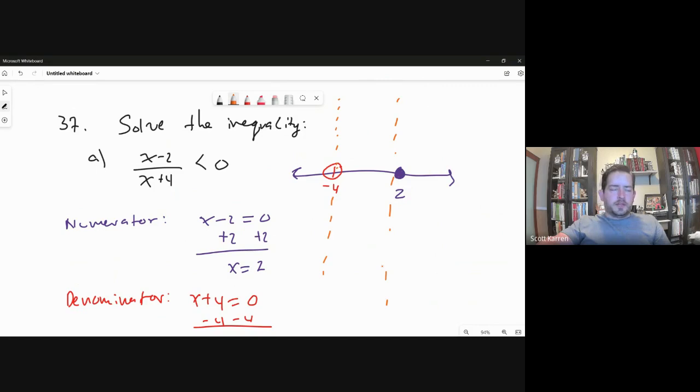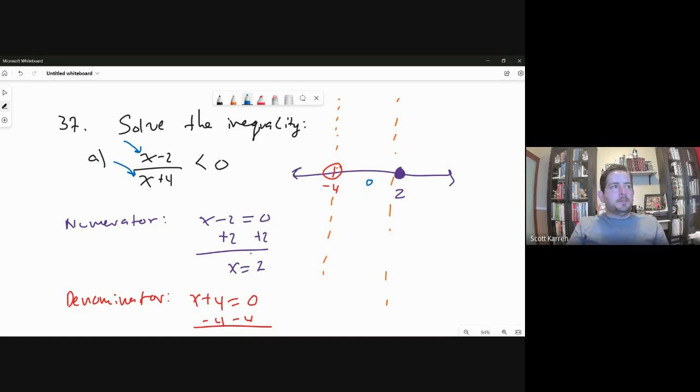Right? To the left of negative 4 is one of the areas. Between negative 4 and 2 is the second area. And then from 2 onward is the third. And all I really need to do is find one of those values. So let's say I'm going to plug in 0 just because it's really easy. 0's something nice and easy to plug in to the x's of the function. And all I really care about is, when I plug in 0, do I get a positive or negative